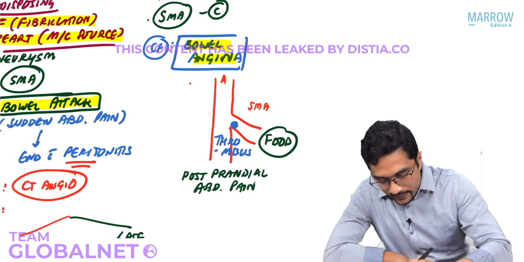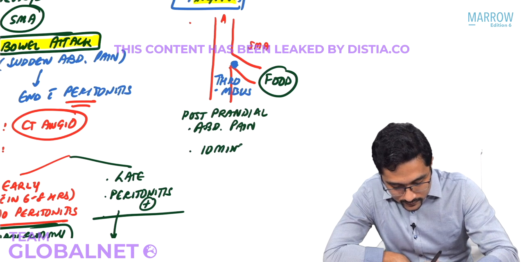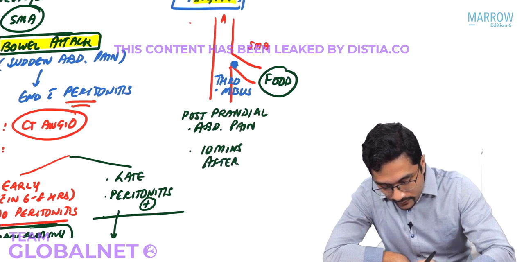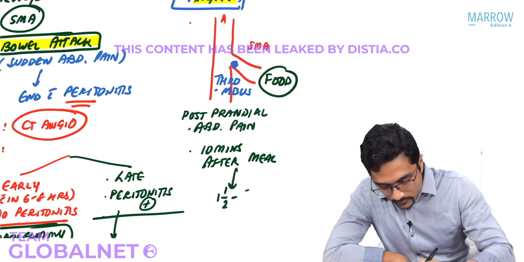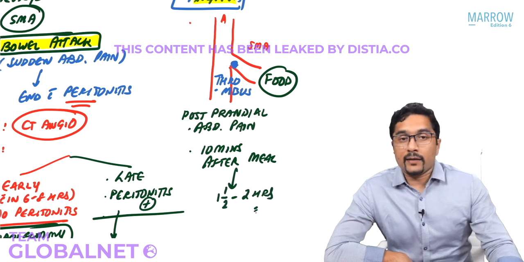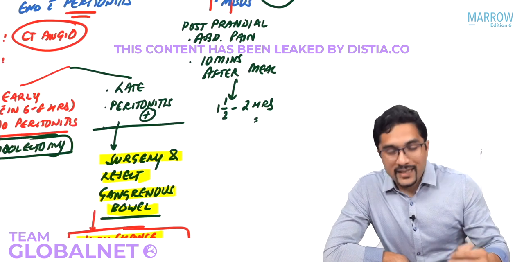There will be postprandial abdominal pain. This usually starts 10 to 15 minutes after a meal, and it can persist for 1.5 to 2 hours, right, this pain. And once this pain settles down,